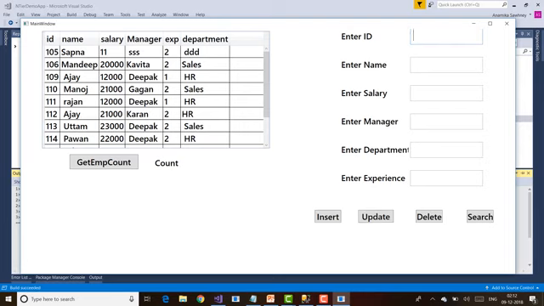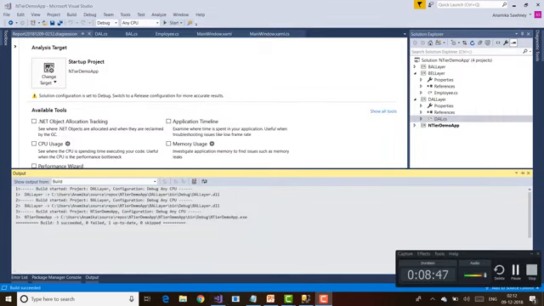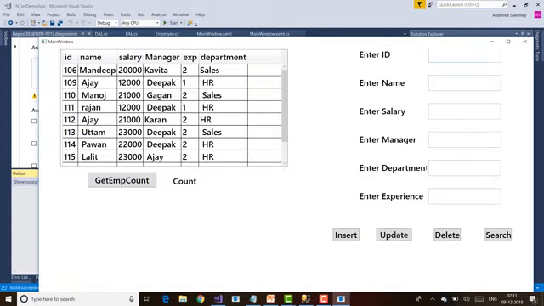If I enter ID 109, I enter the salary here. So I want to change the record for Ajay. So 109, I wanted the salary should be changed to 21,000, manager name to Sagar, department to HR, and suppose experience to 3 years, and click on update. The record is updated. And if you wanted that the record should be updated here also, means data should be